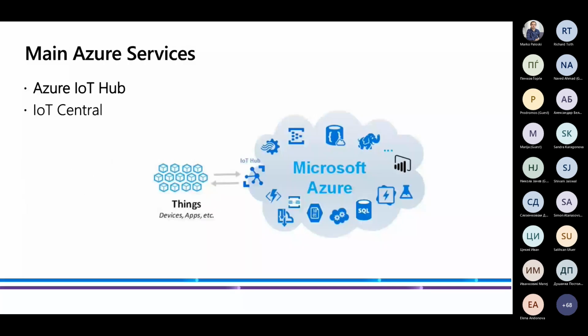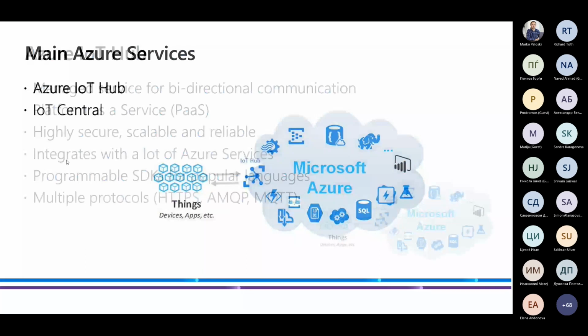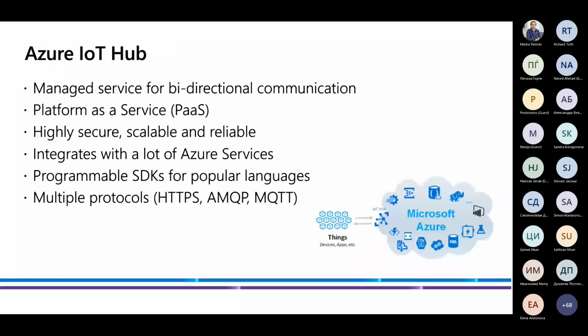Let's begin with the two main services. First of all, Azure IoT Hub. Azure IoT Hub provides secure and reliable communication between our IoT application and the devices it manages. That is, Azure IoT Hub provides a cloud-hosted solution back-end to connect virtually any device. Through the Azure IoT Hub, you can see various information to monitor your system and make your own custom solutions for how you want these to look from scratch.